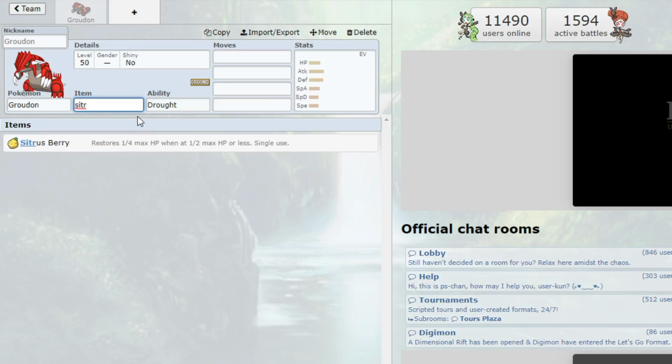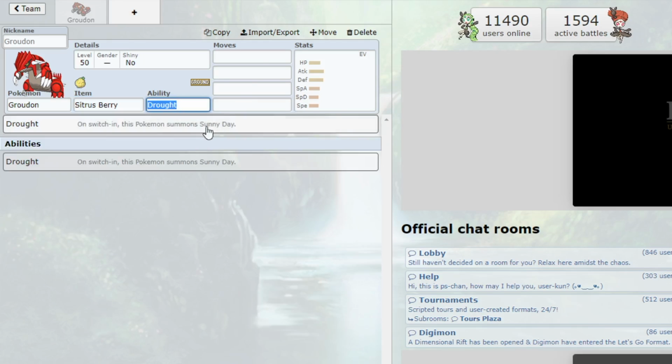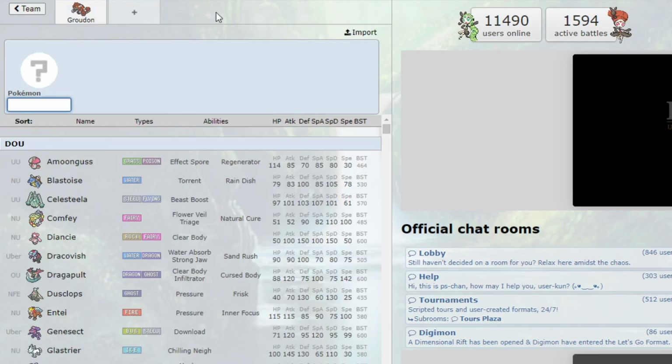We'll put a Citrus Berry on Groudon, and it restores 1/4 max HP when I get to half or less. So it gives Groudon a bit more longevity, a bit more health in general, and it'll be really strong and very bulky that way. And as we already talked about, the ability is Drought, and that's the only one. But for instance, there are Pokemon with multiple abilities. Let's look at